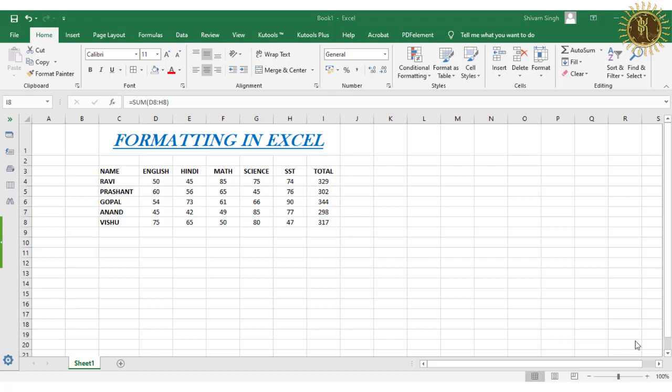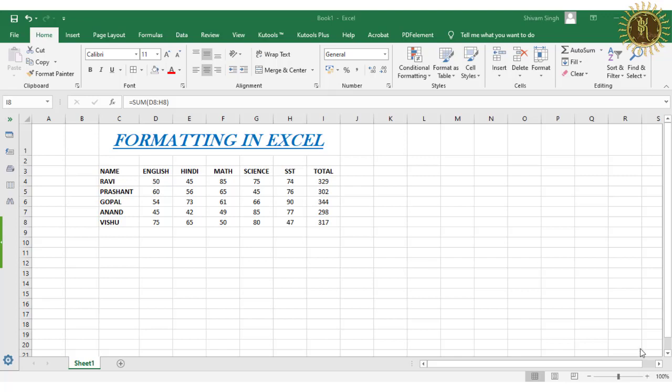Okay, now the next topic is cell address. So before moving to the next topic, it is important to understand the method of cell address. Means what is cell address?